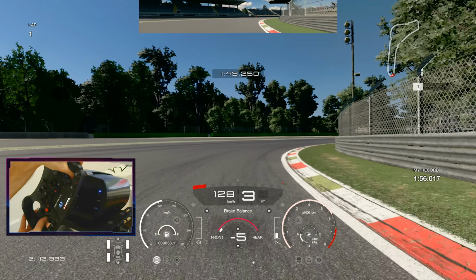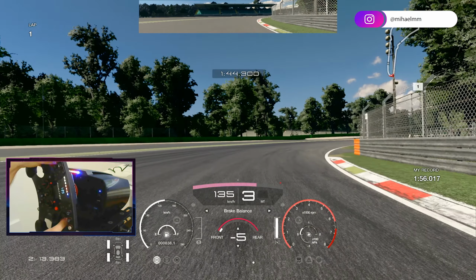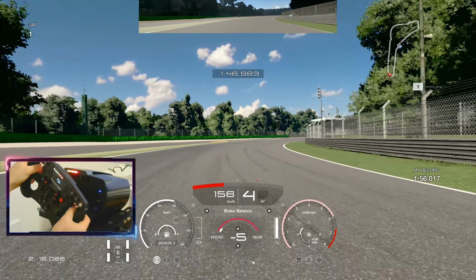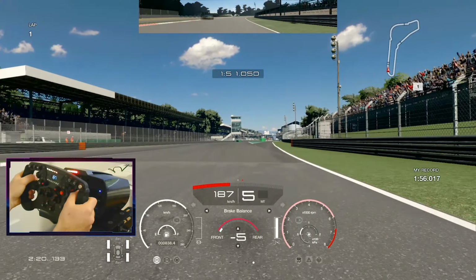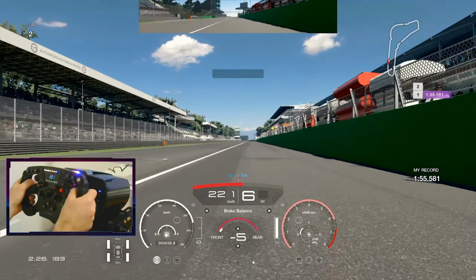Make sure that you hit that apex nice and easy, and then look to your right and you will see this pole. When you see this pole, it's full throttle out. Just go on the power and out of Parabolica, and make sure that you stay on the right-hand side to maximize the time gain. It will not be helpful if you're going for another lap, but if you're going for time trial laps, it will definitely help. And we crossed the finish line in